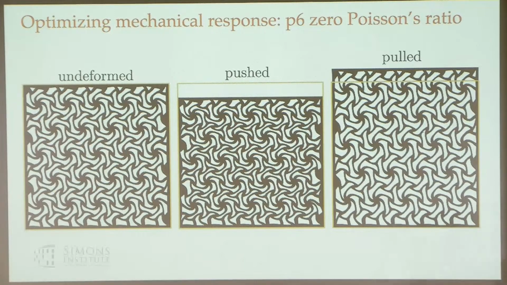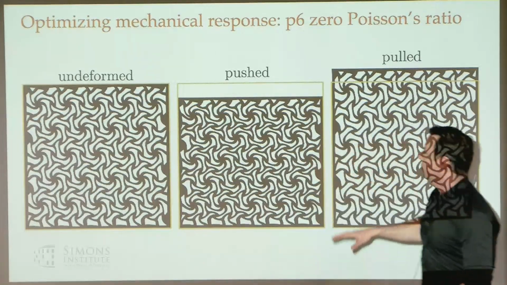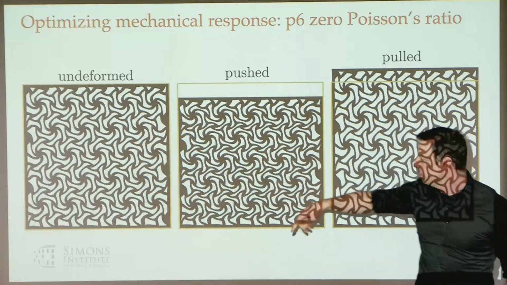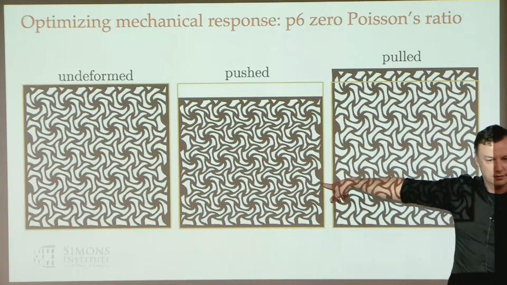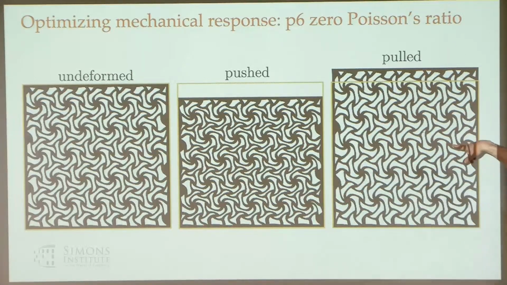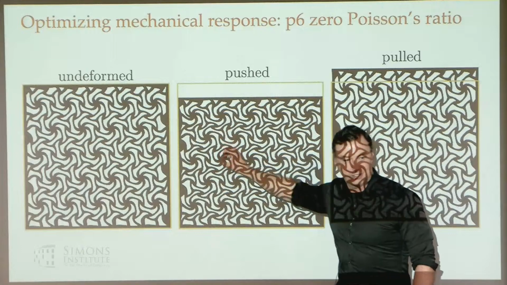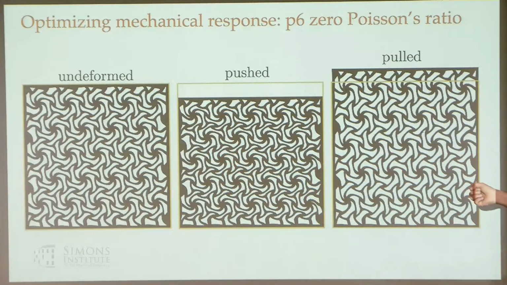This one I really like because it's actually really weird. This is the shape that's undeformed. If you squeeze it, it doesn't expand or contract. If you stretch it, it also doesn't expand or contract. So it has zero Poisson ratio in both tension and compression, which is an interesting property. You can kind of see that because it's P6, what's happening is it's rotating down whenever it is compressed and rotating out whenever it's expanded. So this is an example of behavior that would be very hard to get with a P1 conventional cellular solid.